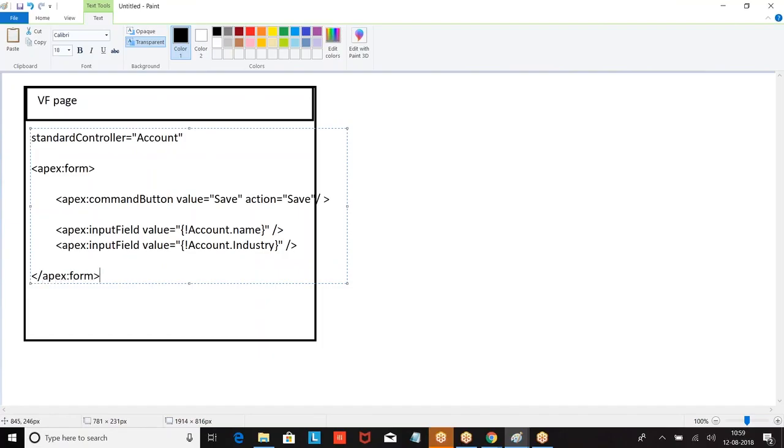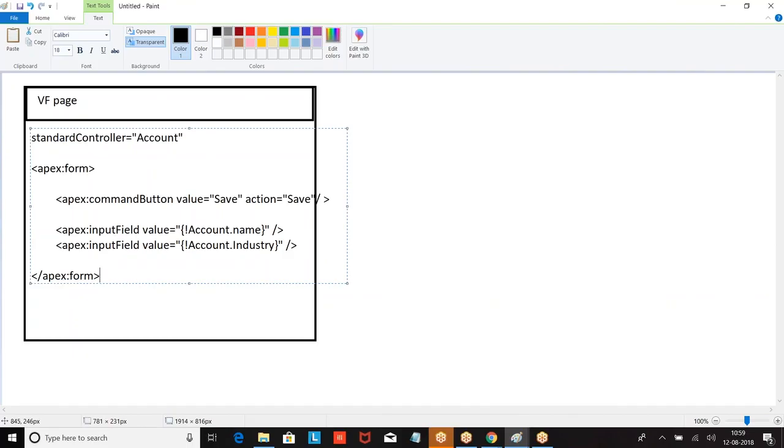Can I insert the data straight away from the VF page? Why? Standard controller equal to account. When I say save, the save method from account will be called and this record will be saved to the database. Am I right? Now, is it looking for an Apex side controller? An Apex controller is not required in this case, because when you define standard controller equal to account and when I say save, the record will be directly saved to the object.